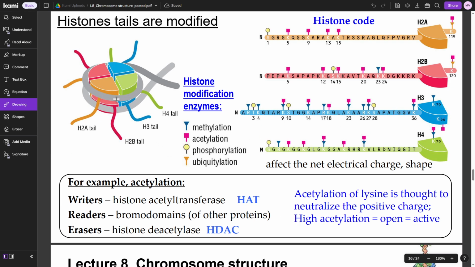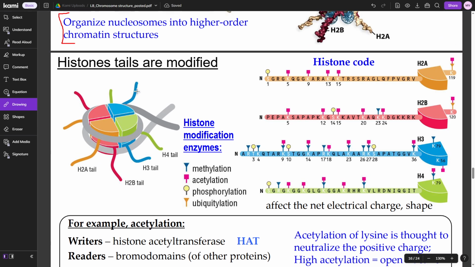And so the other thing to keep in mind about them is the way that we're able to modify them. There's many ways you can modify them: methylation, acetylation, phosphorylation, and ubiquitination. Ubiquitination, I'm pretty sure, is for protein degradation, so that one's a bit later on in the course, if I'm not mistaken. But methylation, acetylation, and phosphorylation, you should be relatively familiar with. Maybe acetylation is a bit weird, but you know what methylation is from OChem, and acetylation is just when you add